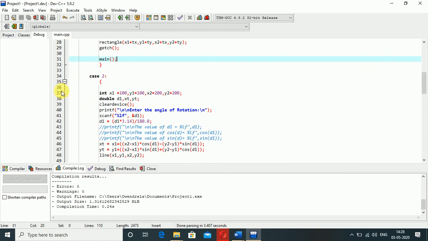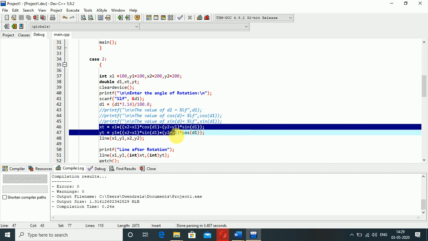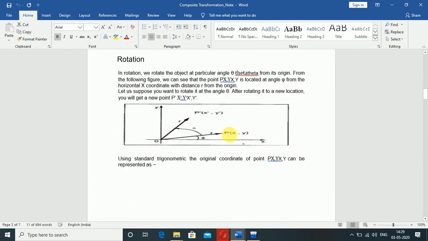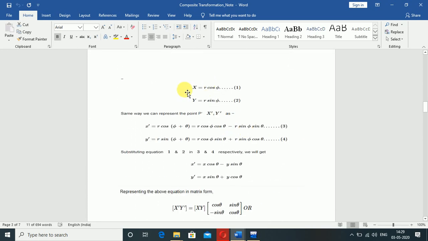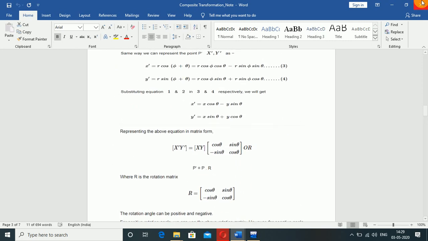Now let's check the second block. The second block is for rotation. In the same way I declared 4 points, x1, y1, x2, y2, to draw a line. These are all the formulas for the rotation that are used in the source code.